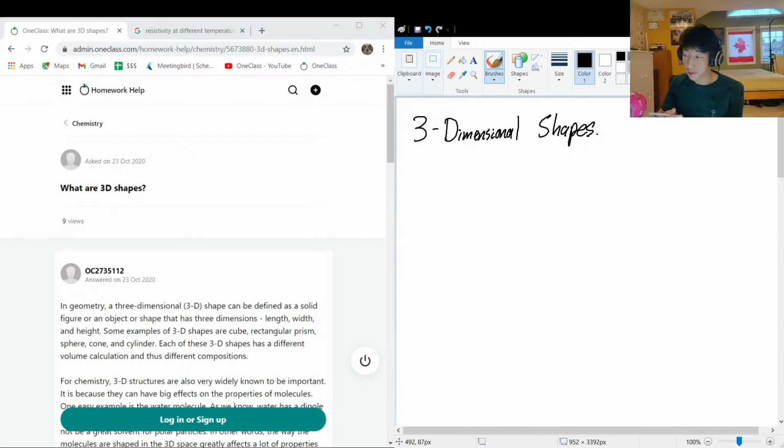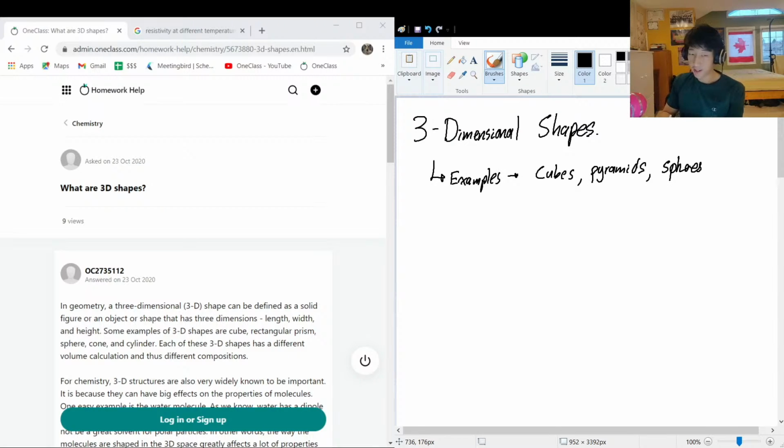Some examples of 2-dimensional shapes that we're hopefully all familiar with are triangles, circles, squares, rectangles, rhombuses, hexagons, all that type of stuff. But 3-dimensional shapes are kind of like 2-dimensional shapes, but they break into a whole new plane of existence. Some examples would be cubes, pyramids. Pyramids are really cool. Egypt has a couple of really cool pyramids. Would love to visit one day. Spheres